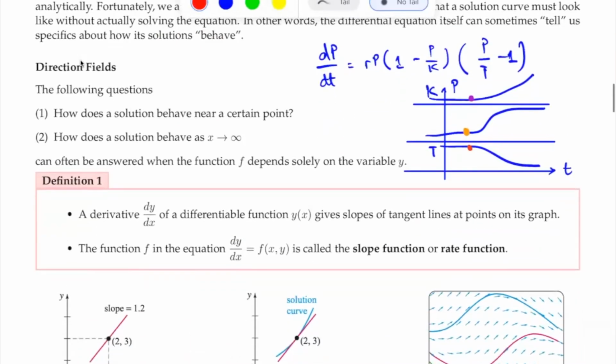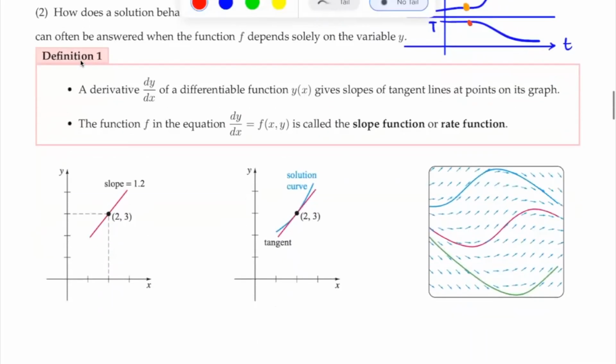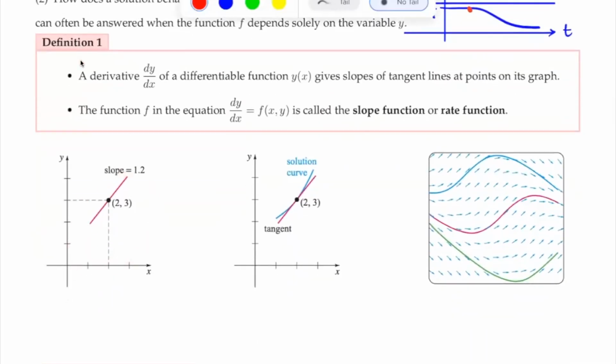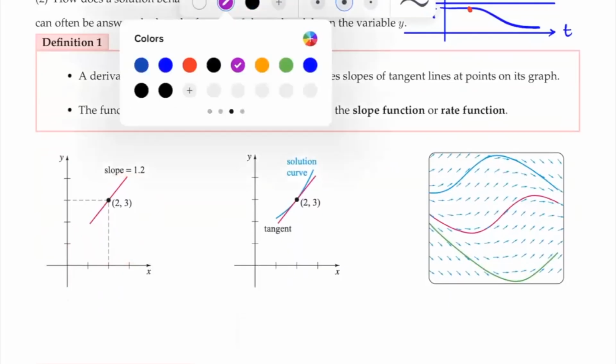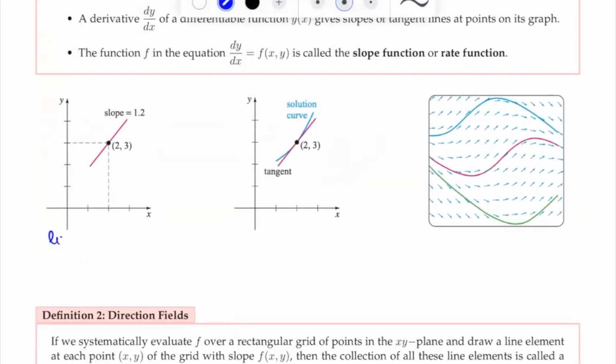Right? So a derivative dy dx of a differentiable function y of x. When you solve for these equations, then you have the solution y of x. And this dy dx gives the slope of the tangent line at a point on the graph of the function. Right? So here you have some graph. Here it's just a point, a linear segment at a point, like going through a point. Nothing fancy there. So line segment